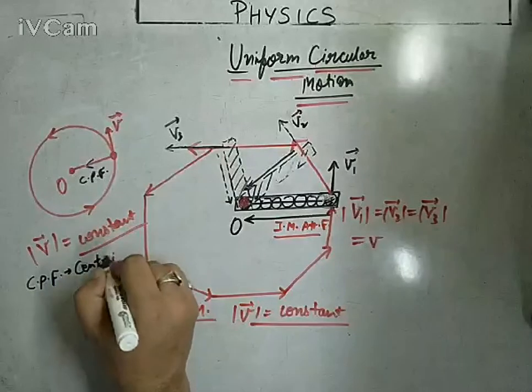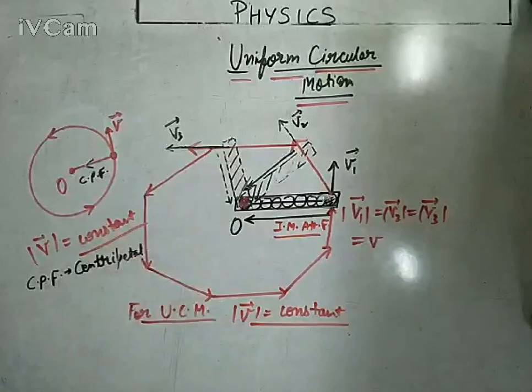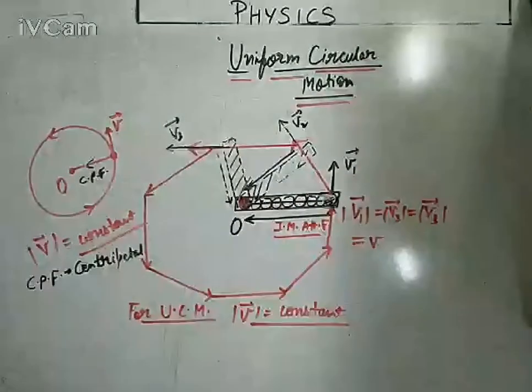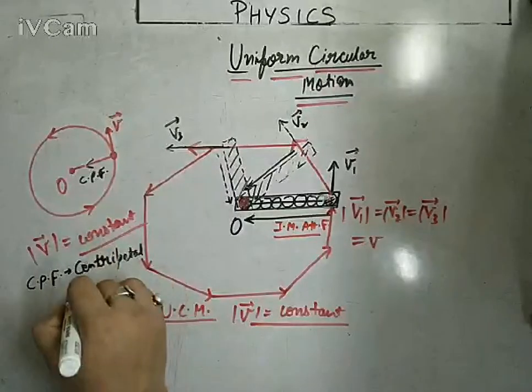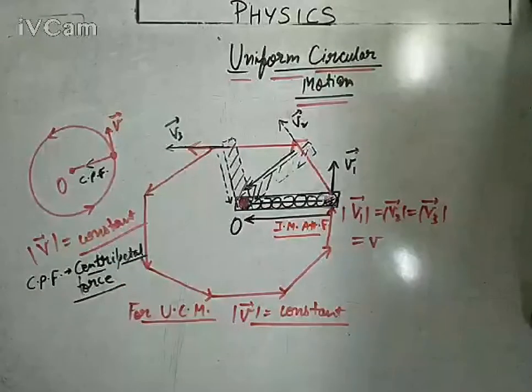So centripetal force is a force which is directed towards the center of the circular path, and it is the cause of circular motion. Because if the intermolecular force becomes zero, the particle will go linearly, or tangentially, you can say. So the cause of circular motion is centripetal force, and keep this in mind: in itself, it is not a force. It is actually a category of forces. Every force which is directed towards the center of the circular path and which is causing the circular motion will be treated as a centripetal force.